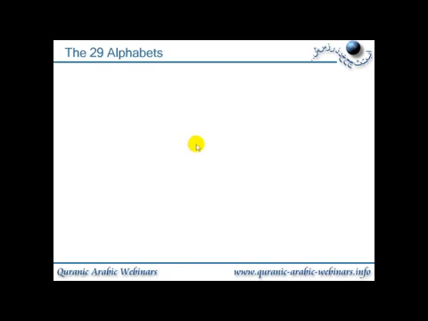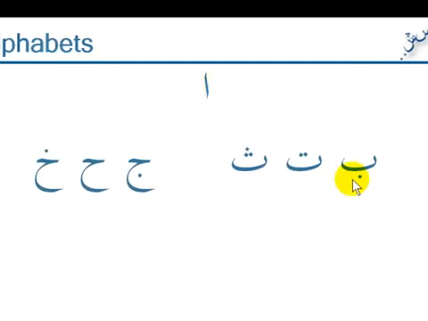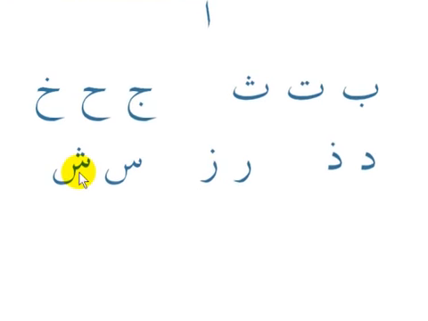So now we'll do the 29 alphabets all in one go. This line again, alif, ba, ta, tha, jim, ha, kho, dal, dhal, ra, za, sin, sheen,